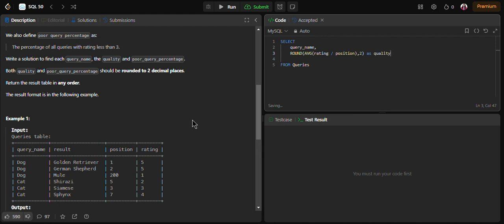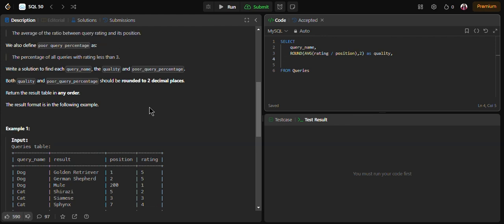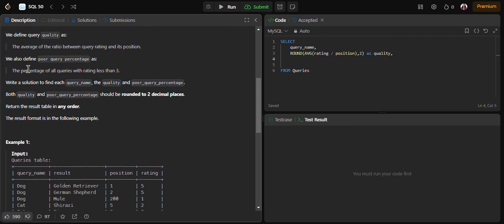Now there is one more column that we have to find, that is poor query percentage. To find it, we have to find the percentage of all queries with rating less than 3. Simply we can apply this condition, rating less than 3, and then make use of the average function here, average of rating less than 3.